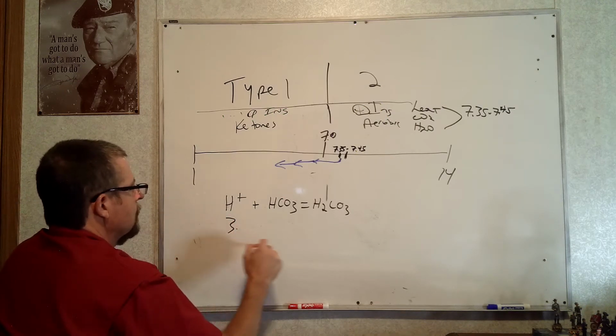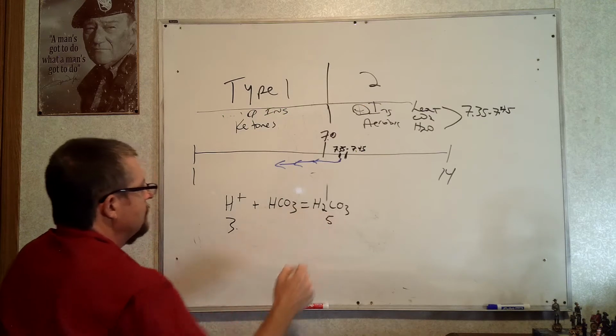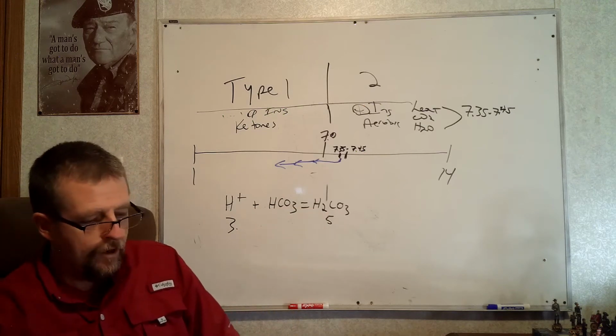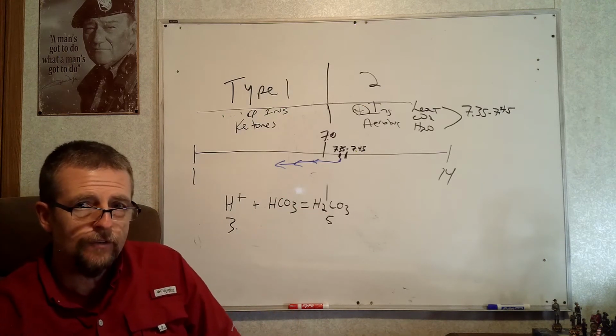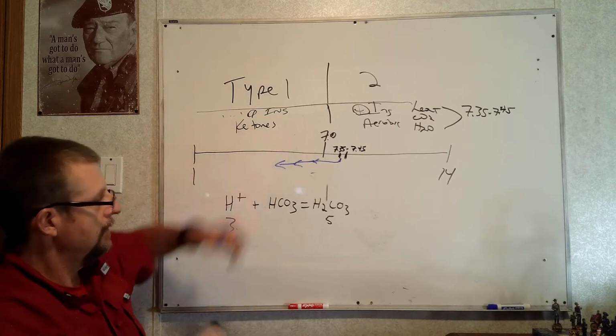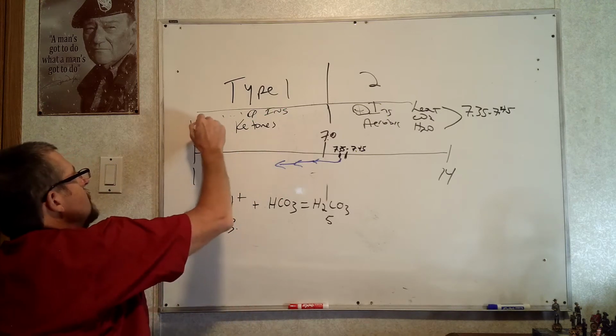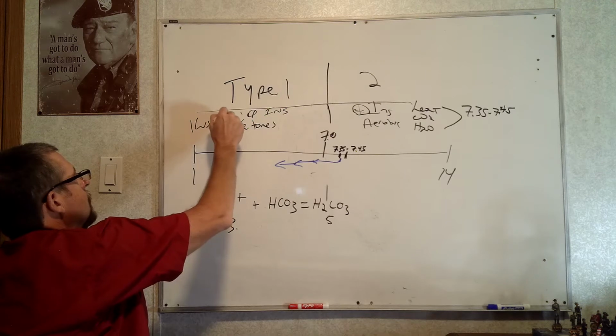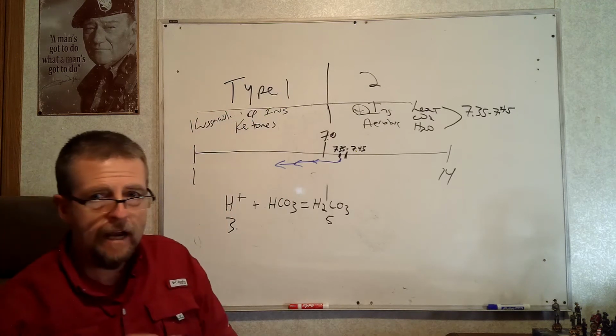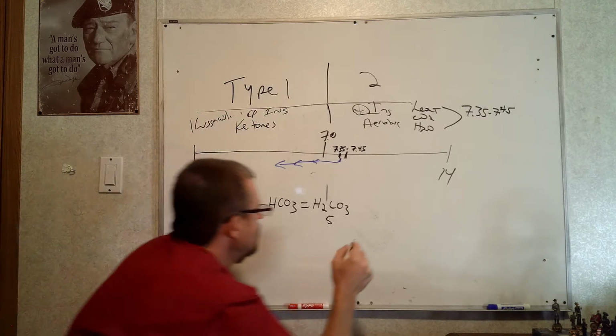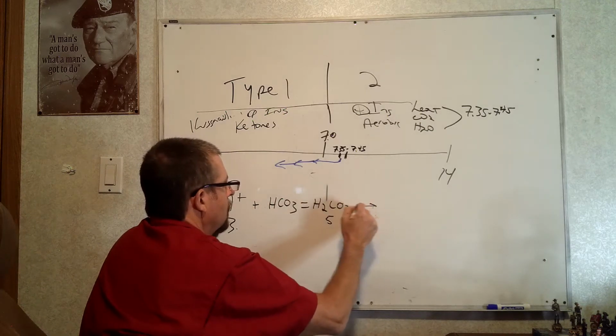Hydrogen is a 3, carbonic acid is roughly a 5. Now what your buffer system can do with this, by breathing rapid and deep, is break down H2CO3